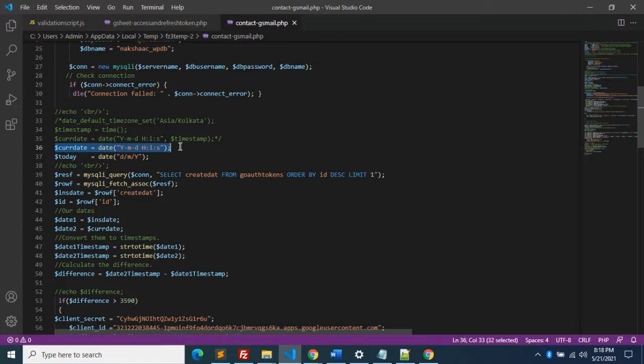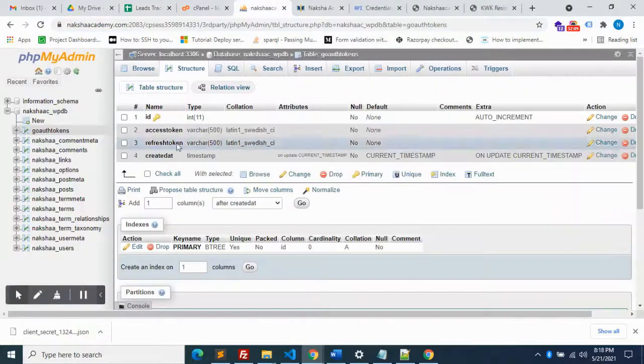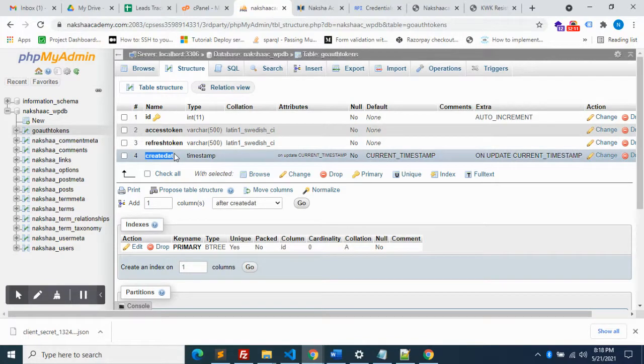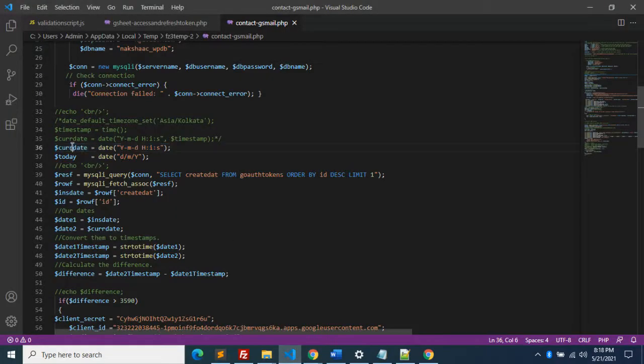For the first time, we are inserting the access token, say at 8 o'clock. Using this current date, we will be comparing it with the timestamp in our database, the table field called create date. We compare the difference between this create date and the current date.